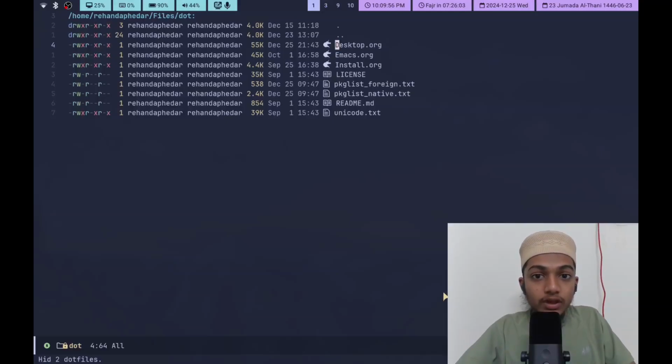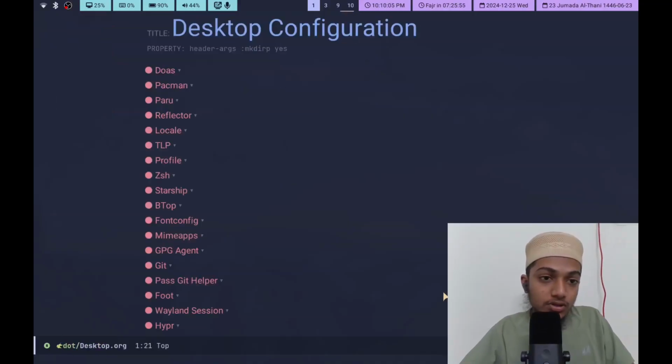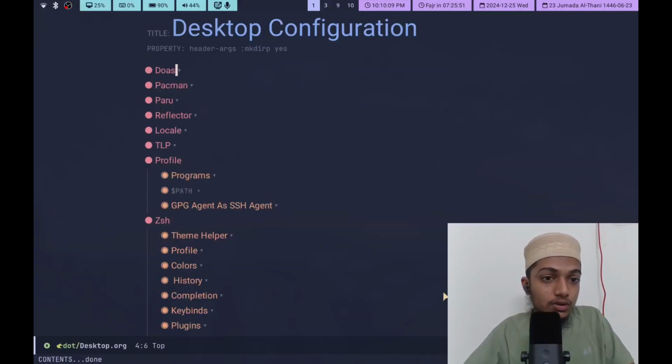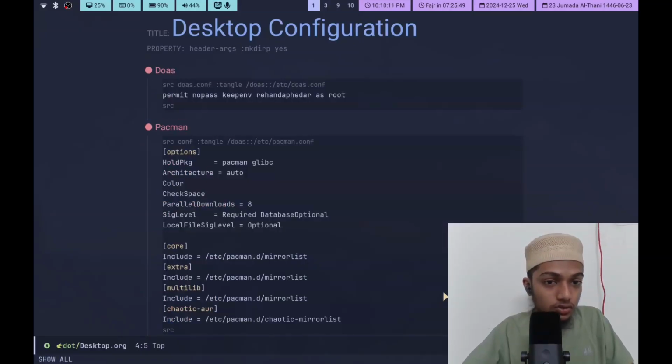Okay guys, so today I'll be covering the desktop configuration of my .files. As I explained in the installation guide, my desktop configuration is done through org babel. It's essentially an org mode document with a bunch of headings and source code blocks. Now, if you followed my installation guide, you'll have this installed already, so I'll not go into the details of